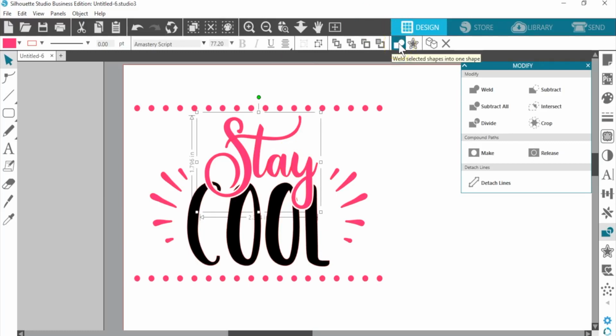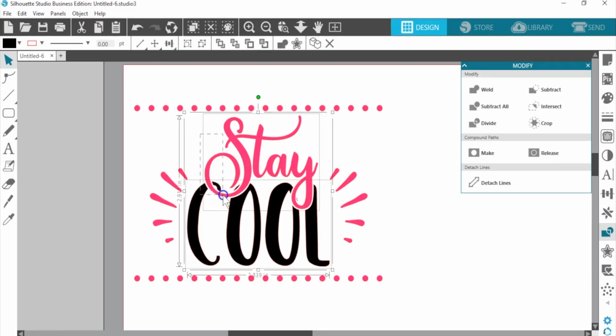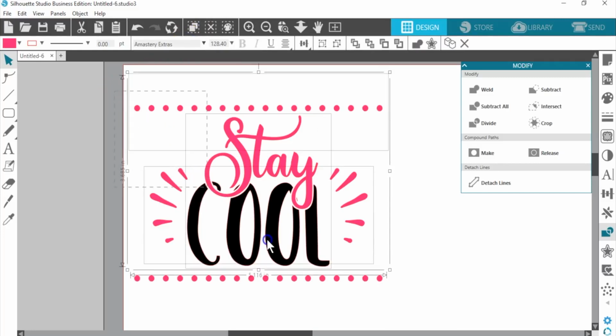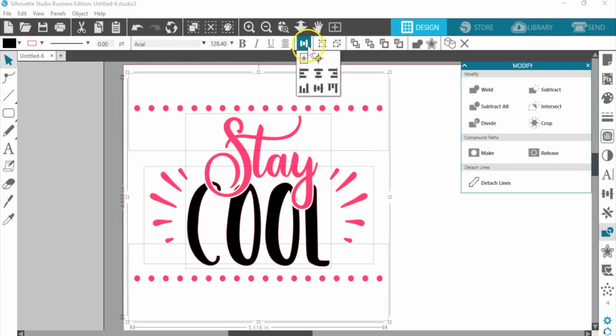So I'll select it and choose weld. And now I've got everything aligned. Let me just make sure I've got those two. I'm going to group together the two words. And then one more time, make sure everything is aligned.